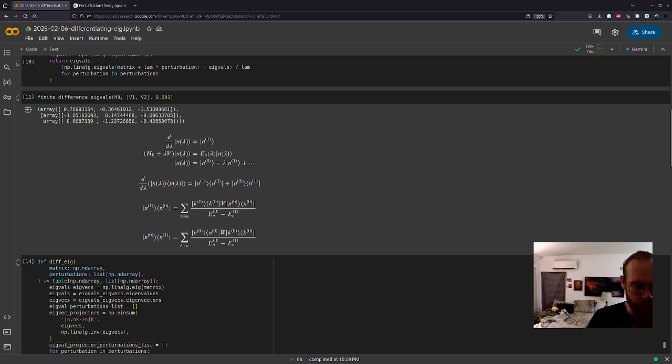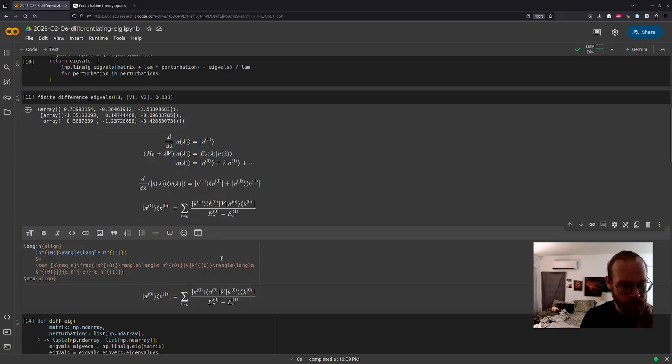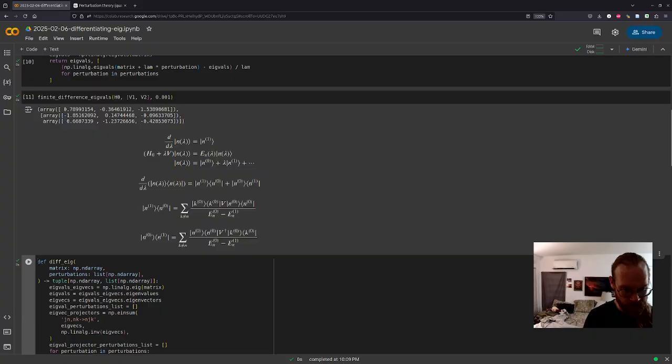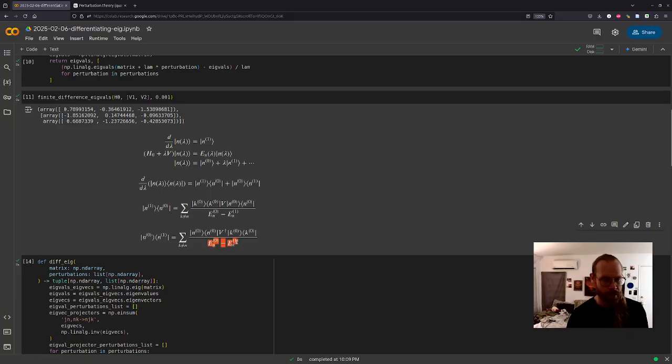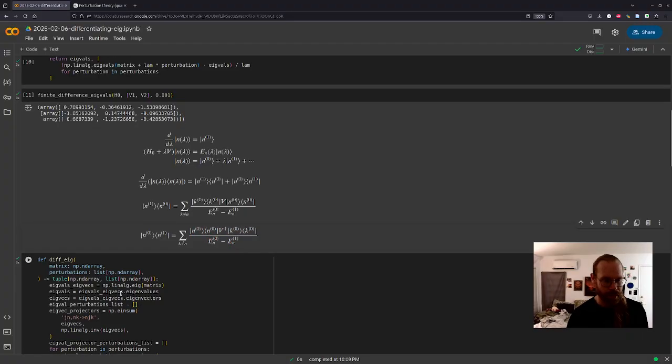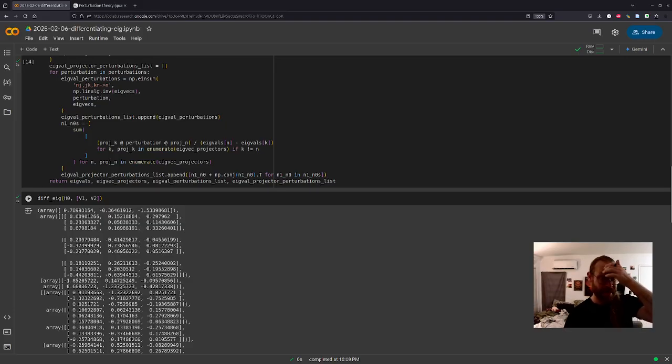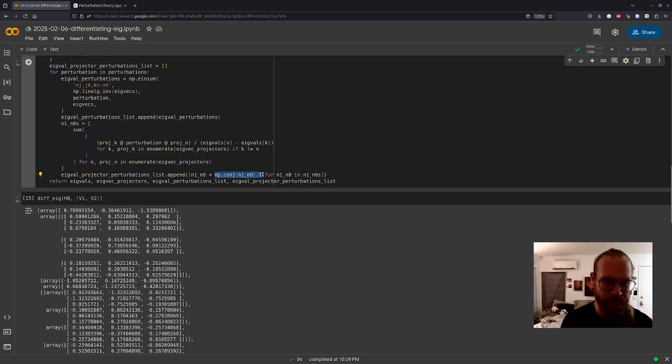Oh, you know what? This V here again, I'm assuming that V is Hermitian. I bet this needs to be a dagger. And these probably need to be complex conjugated. Oh, but I think I should be taking care of all of that by doing the complex conjugate, the conjugate transpose of this.